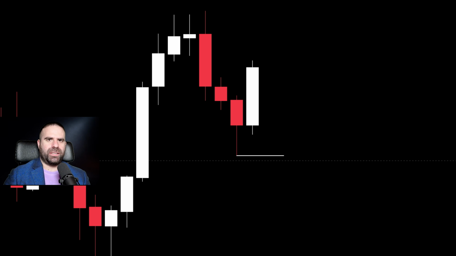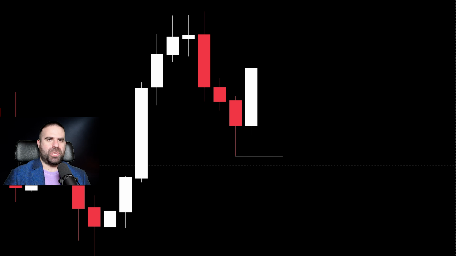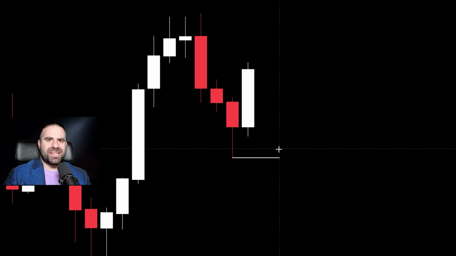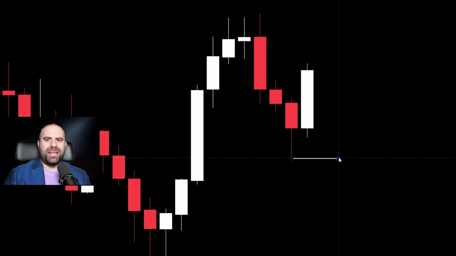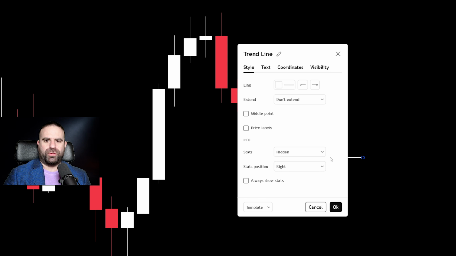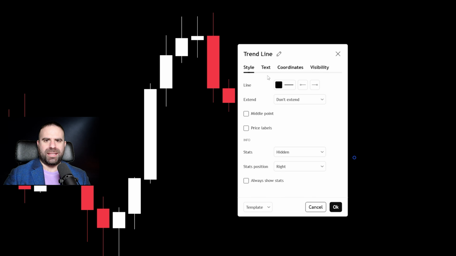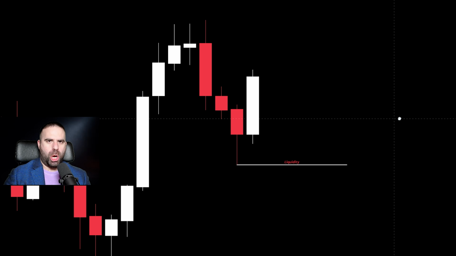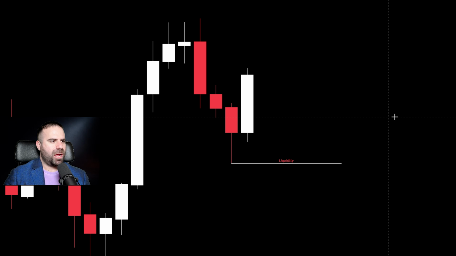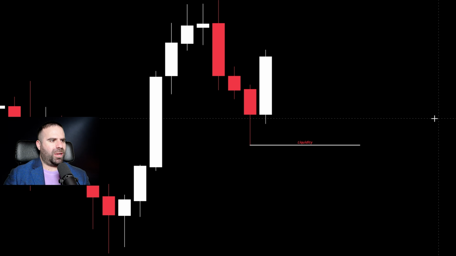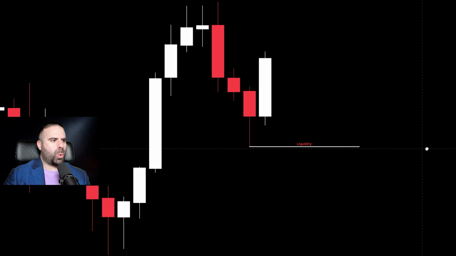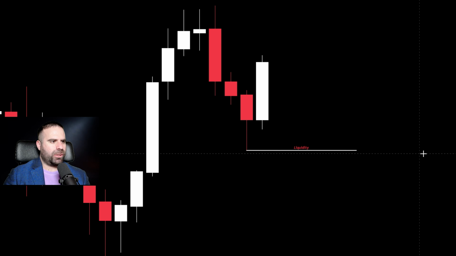Since this is a valid low on the 15-minute time frame, you are gonna be asking yourself, this is now a point where liquidity is below, and this is the trick of today's video. You will be waiting for liquidity to be created. Now that the liquidity has been created in the form of a proper low, as I showed you exactly right here, what you will be doing is identifying whatever is left from the fair value gaps below the creation of this low. So below this low now.